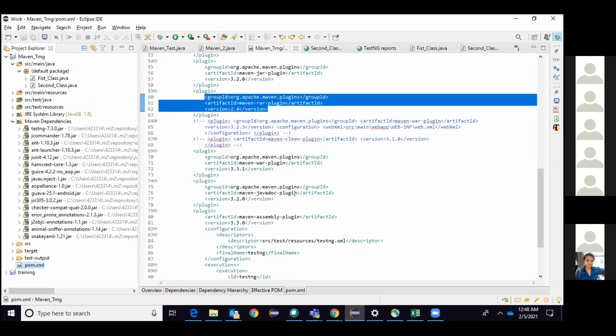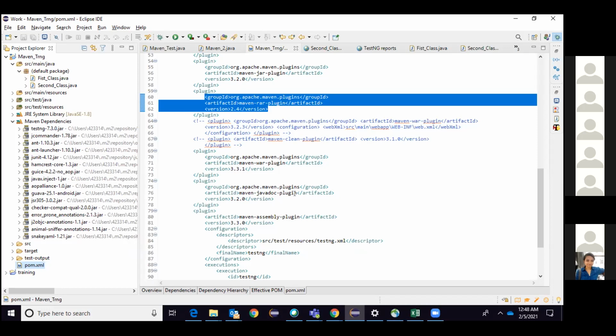Now the major answer for this, the point I'm trying to tell you: by the name you can understand, plug in. Whenever you want, you plug in and use it, just like a plug. To switch on the motor, you plug in your wire and it starts, and if you want to take it out, you can take it out. It does not have that much preference. Without this, your project will not run? No, it will run.